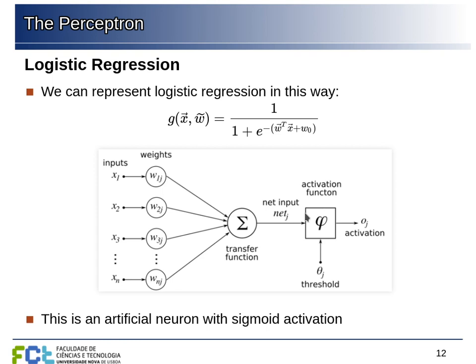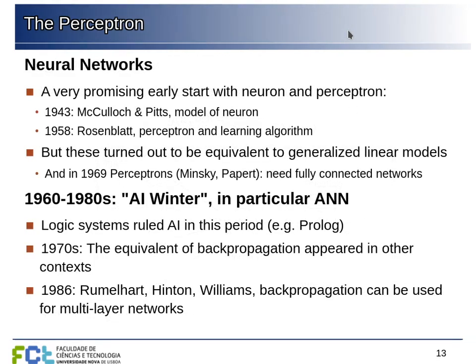The training is slightly different because we are training, giving examples and gradually adjusting the weights of the neuron, but the model is the same. It's giving us the same class of hypotheses that we have with a logistic regression. So this was a big disappointment because they thought they had solved the problem of artificial intelligence and would have a machine that would learn to think and speak and so on.